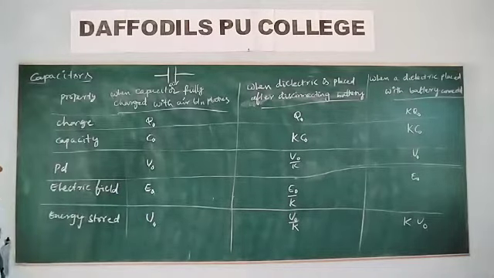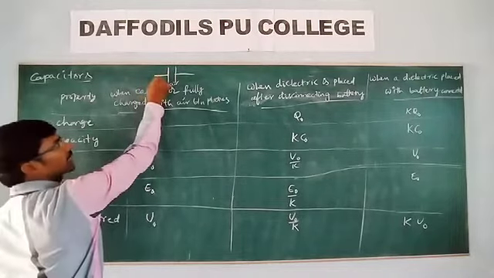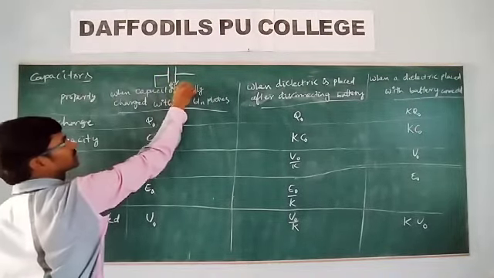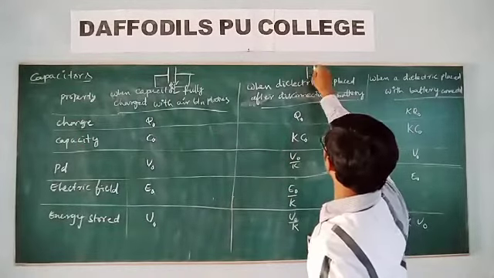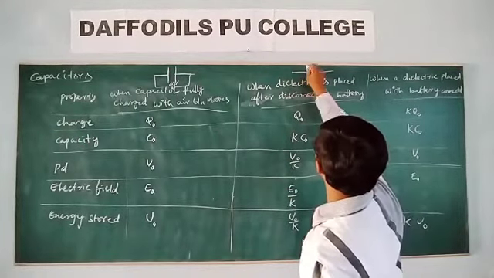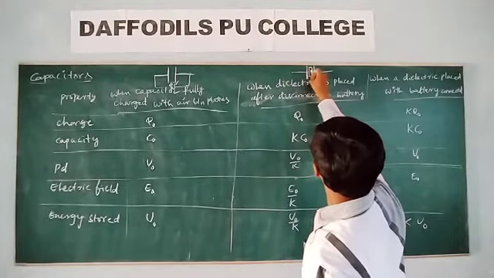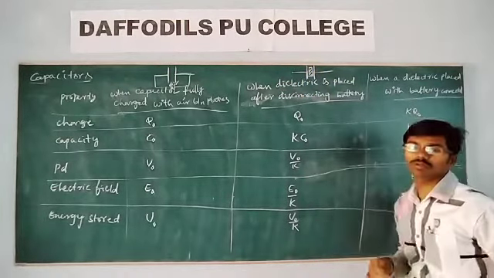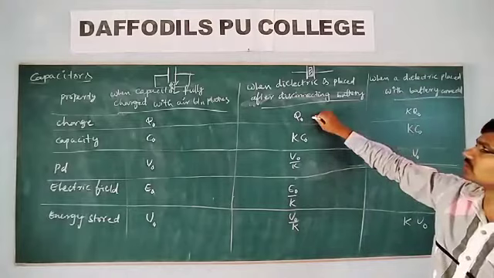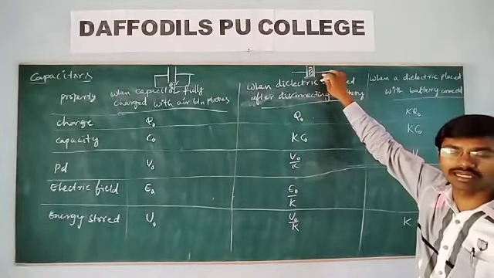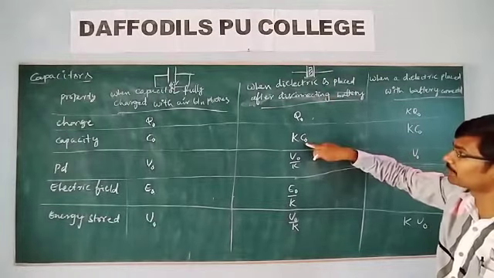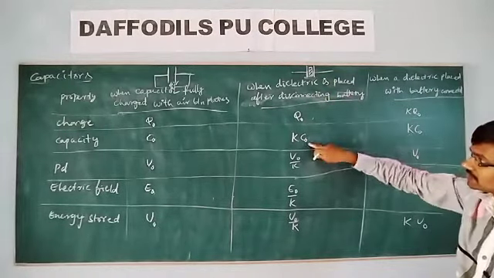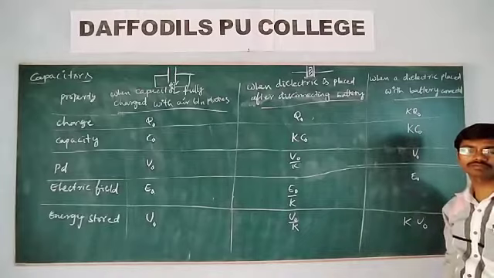Now what we have done is, the dielectric is placed after disconnecting the battery. First, charging happened, where the battery is connected. Now the battery is disconnected, but a dielectric is introduced. Then what happens to the charge? Even though we have introduced the dielectric, there is no effect on the charge, the charge remains the same. But remember what happens to the capacitance? The capacitance will increase to K times C0.